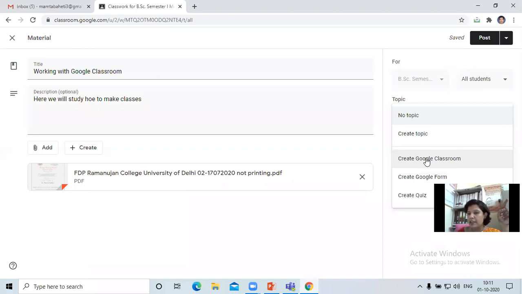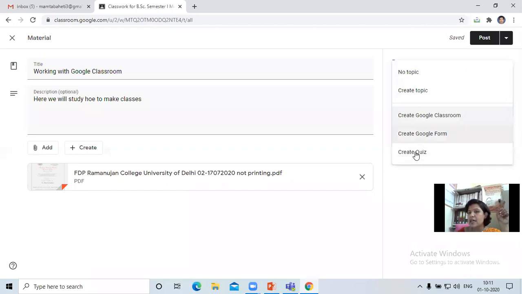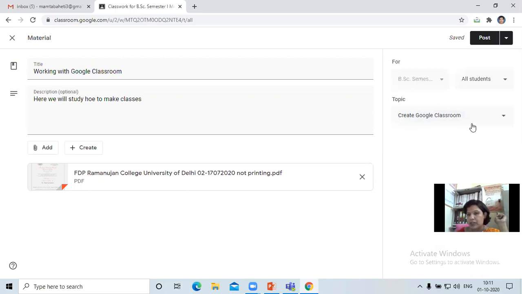Suppose I am selecting create Google Classroom. If the topic is not in the list and at run time you find that a particular topic can be added, or it can be one of the subtopics, then I'll click on create topic. But right now I have that topic, so I'm clicking on create Google Classroom topic.